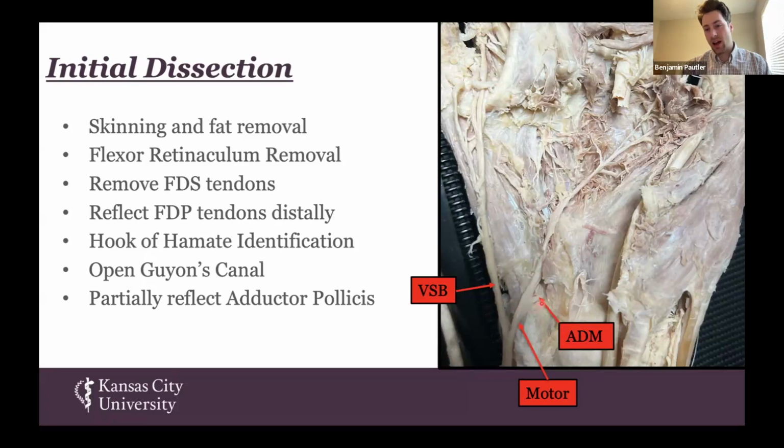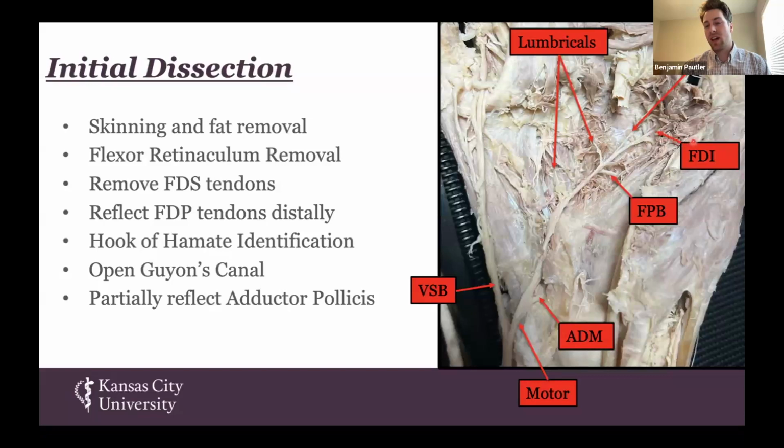We can see our adductor digiti minimi branch, 2 separate lumbrical branches heading to these lumbrical muscles, which are attached to the tendons of our flexor digitorum profundus, our recurrent-looking flexor pollicis brevis deep head branch, a branch to the adductor pollicis transverse head, and then finally our most distal terminal branch, that of our